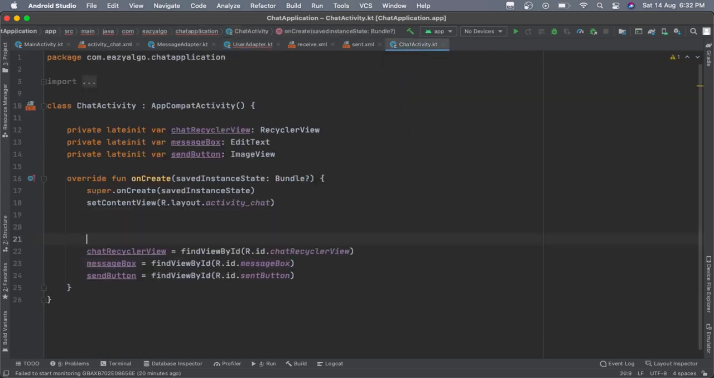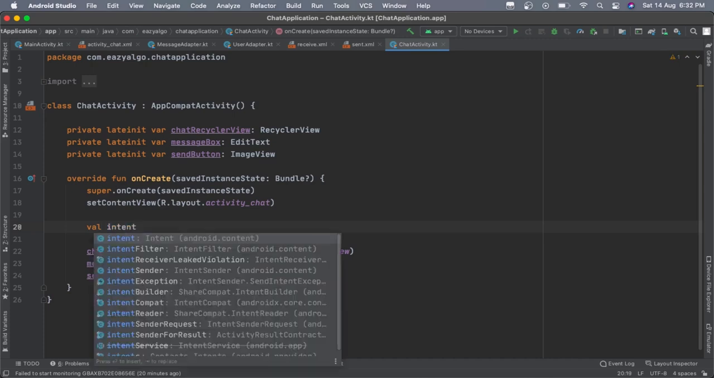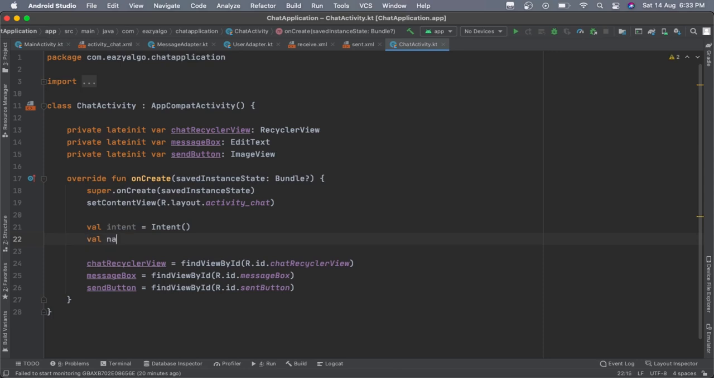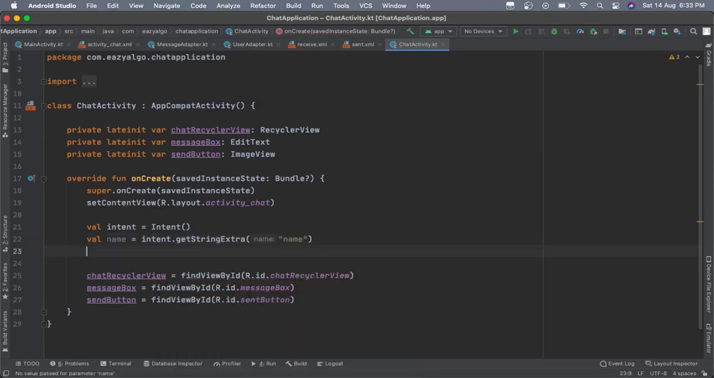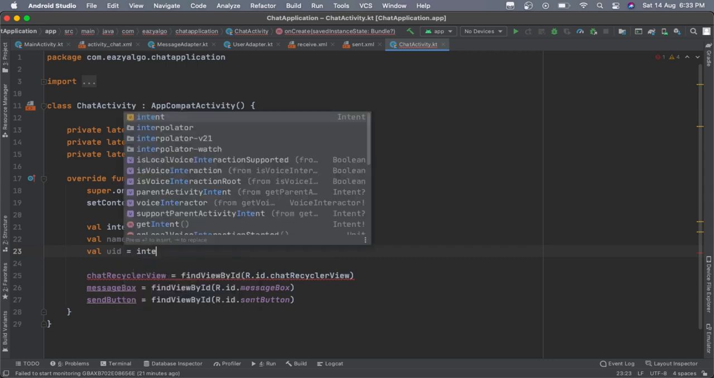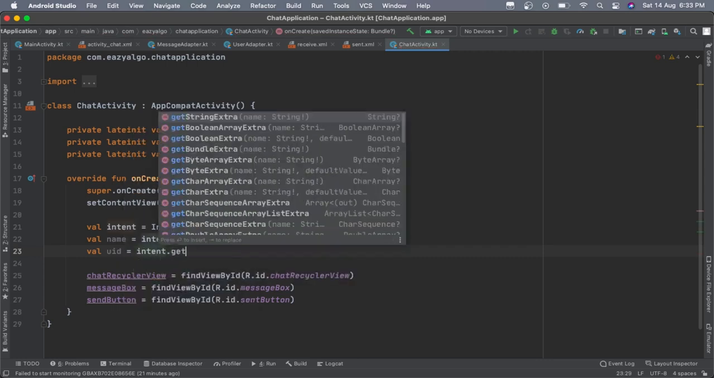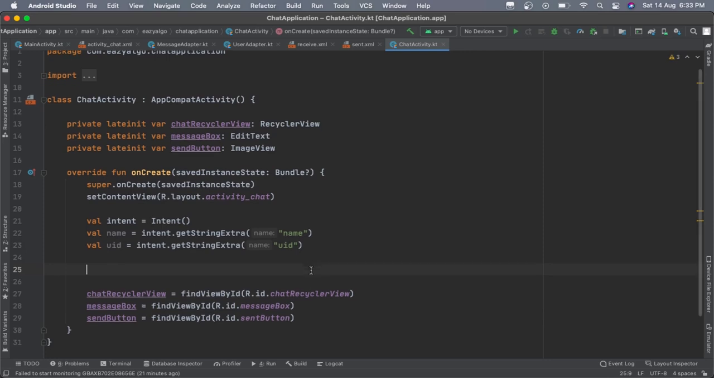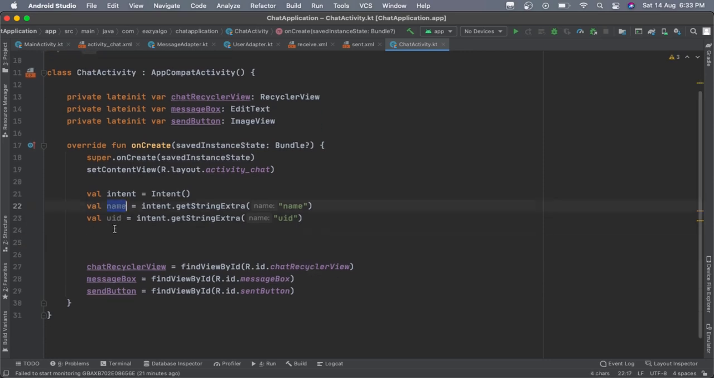So here we have val intent is equals to, okay, now first of all we have val name is equals to intent dot get string extra, and the key was name for name, and then we have UID also. So UID is equal to intent dot get string extra, and this one will be UID. So like this, we have a name and UID from the previous activity,